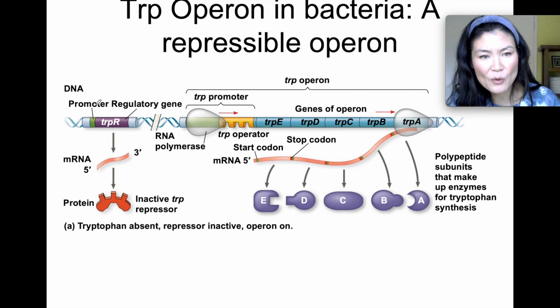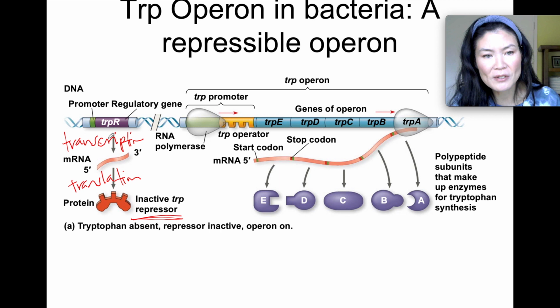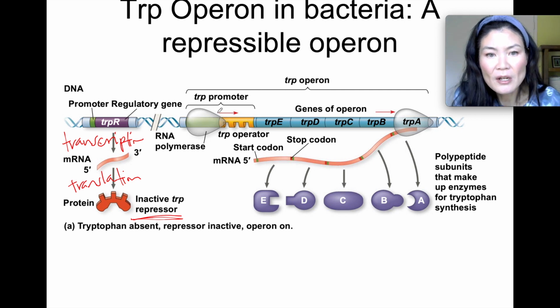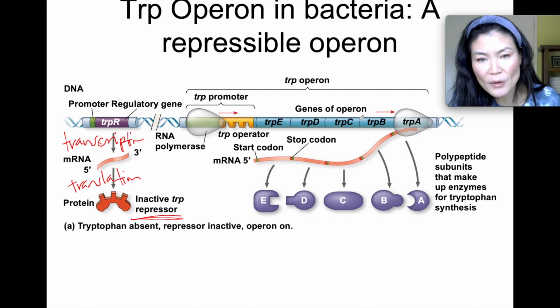Okay, so there's a regulatory gene, as I said, and it codes for a protein called the repressor. So here we have an mRNA, so it's been transcribed, and then it gets translated. Okay, so this is transcription, this is translation. It doesn't make sense to abbreviate transcription this way, right? I need to actually write it out. So we have transcription, translation, and then you get the repressor. Okay, and here's our RNA polymerase. It binds to the promoter, and it goes past the operator. Remember, the operon is the promoter, the operator, and then the genes that are going to be expressed.